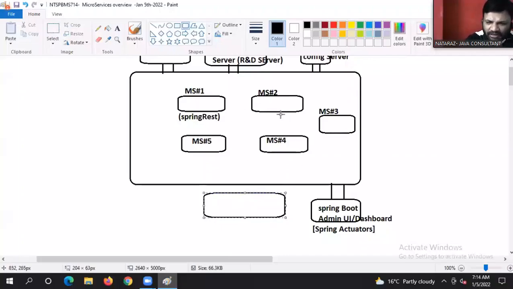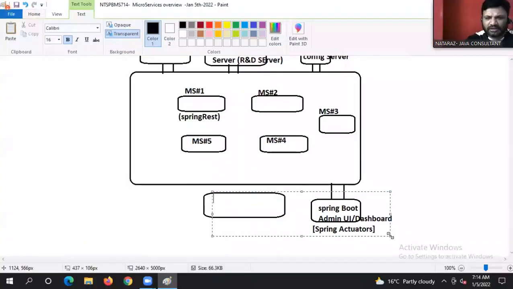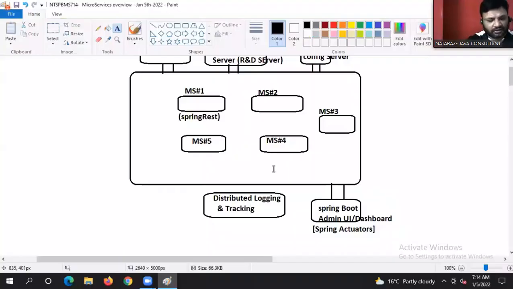Distributed means logging we need to monitor, tracing we need to monitor across the multiple microservices. Understanding my statement, guys? Distributed logging and tracing.